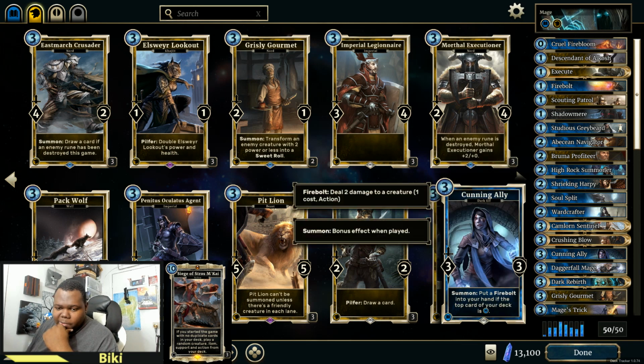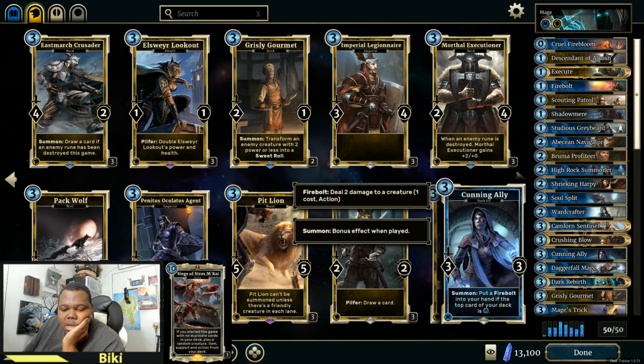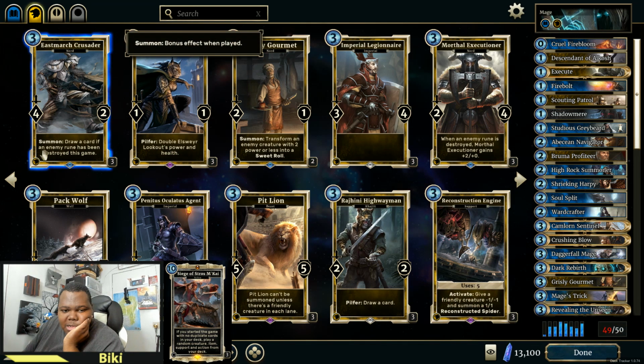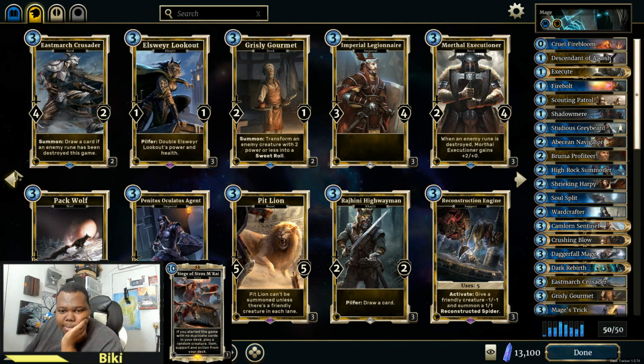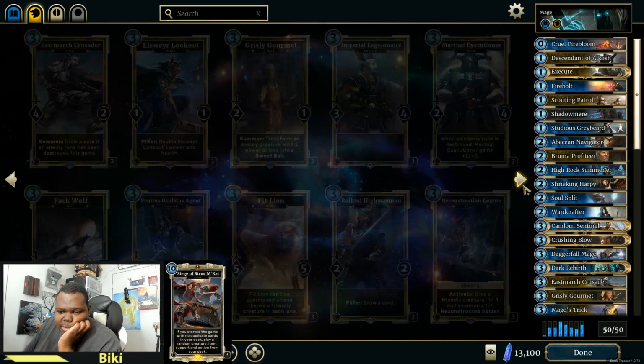Alright, you know what? I'm not going to play on luck. I'm not going to play on the luck of Cruel Fire Bloom or Firebolt. I just don't want to play the luck. East March Crusader is a 4/2. As long as I've broken a rune, I draw a card when I play him. So I prefer just to play with the guaranteed. The health gain from Dawnstar Healers, thinking about it, but